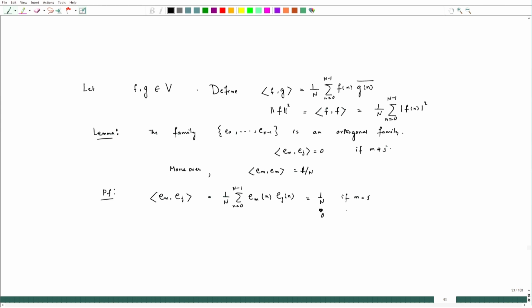And this is equal to 0 if m is not equal to j, because wherever E_m takes the value 1, E_j takes the value 0, since m and j are not equal. Therefore, this is an orthogonal family,